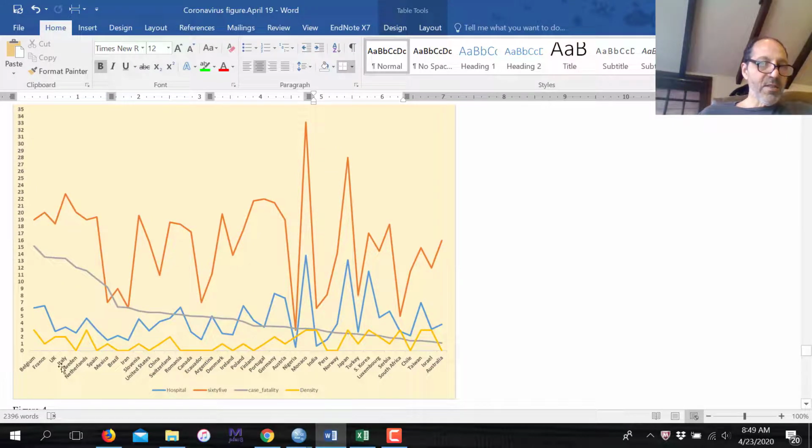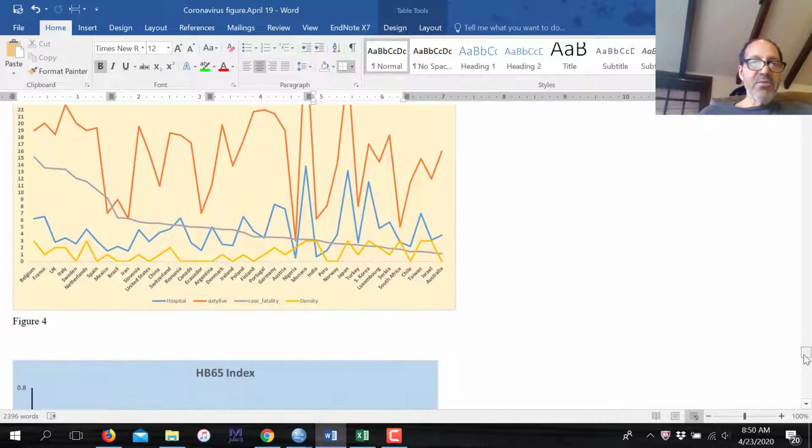If we look, Sweden falls right here. This is population density. This is hospital beds per 1,000 individuals. This is case fatality, probability of dying if one is a confirmed case, and this is the proportion of the population 65 and above, where we see this mirroring between the hospital beds per 1,000 and population 65 and above. We see lower case fatality, but in Sweden and in many countries up here we have this gap. So that's just a hypothesis. That's nothing, we need to investigate this more, let me put it that way.